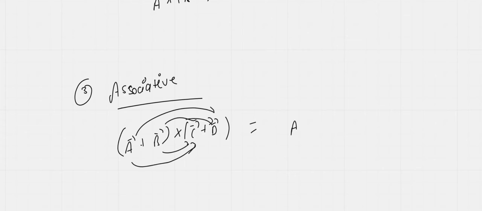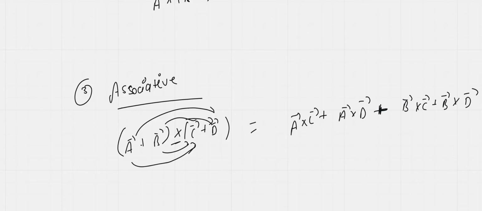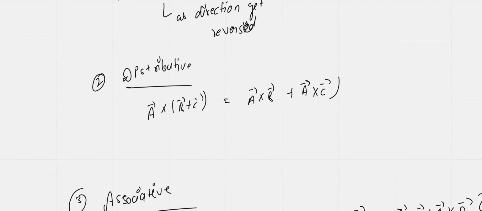So A cross of B plus C, because there's an addition, you can simply go and say A cross B plus A cross C. Okay, this is distributive. We are done with all the properties. You can also say